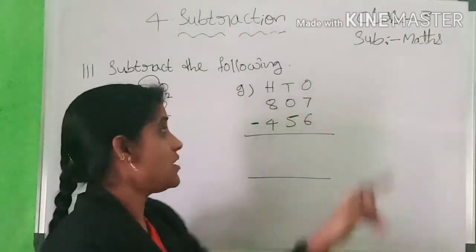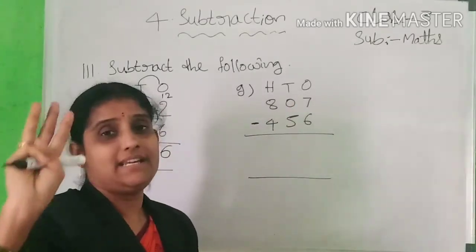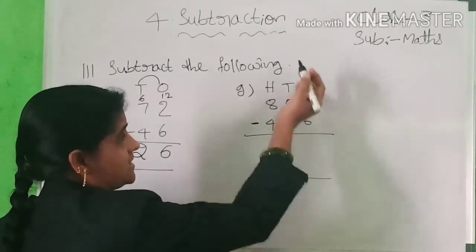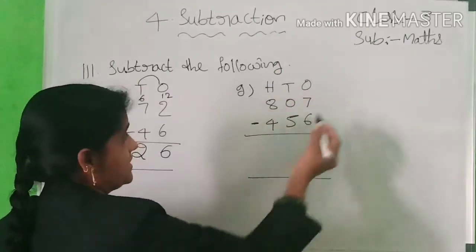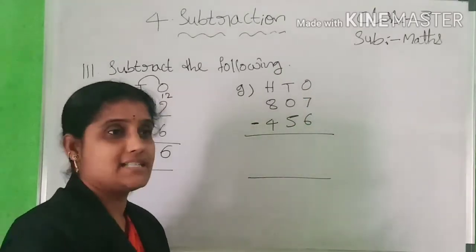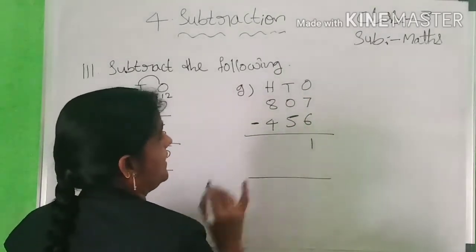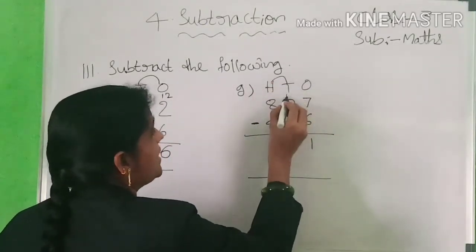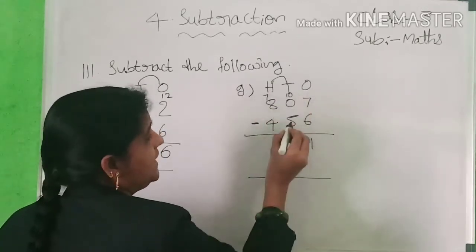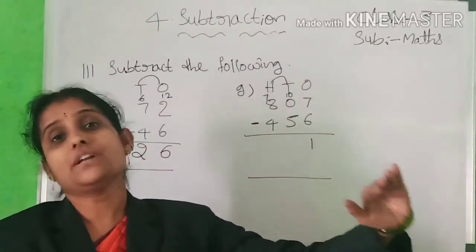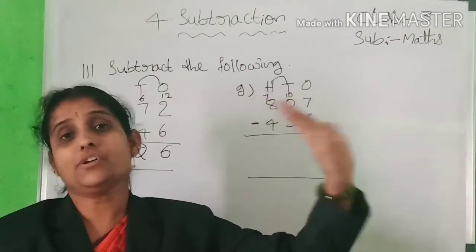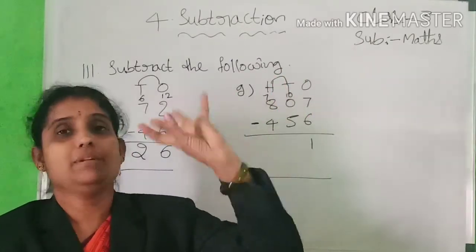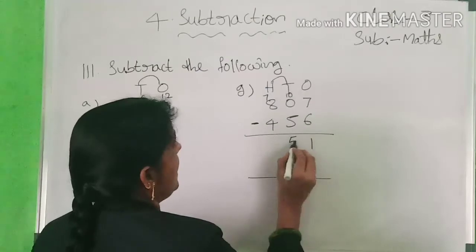Next, G problem. How many digits are there? 3 digit numbers are there in this question. You have to check. First subtract ones, then subtract tens, then subtract hundreds. 7 to 6 going, children? Yes, 7 to 6 going time how much? 1. So 0 to 5? Not going. That's why it's only taking regrouping. What is here? 10. What is here? 7. 10 to 5 cut. 5 after number to 10. How many are there? You have to count it. 5 after 6, 7, 8, 9, 10. Means how many? 5. Now here 5.